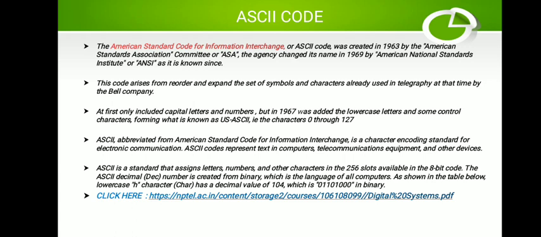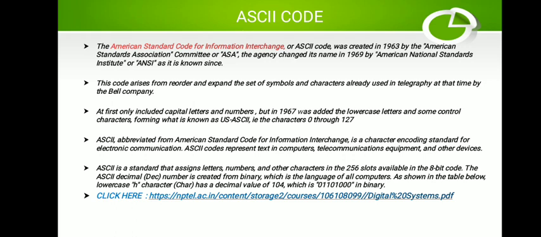ASCII means the ask the key. Key means the character from the keyboard for the processor. So it is abbreviated as ASCII. Basically it has the relation in this term.